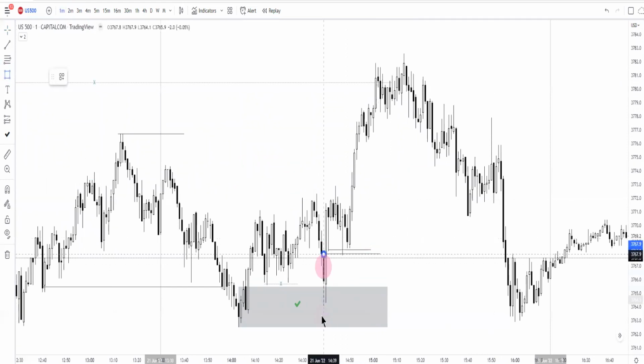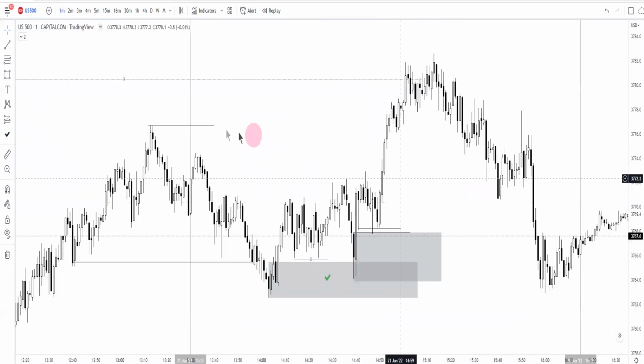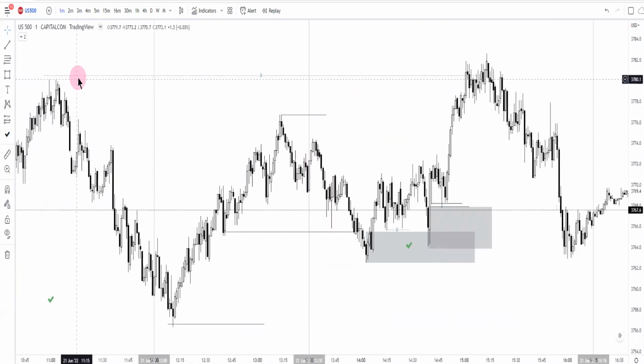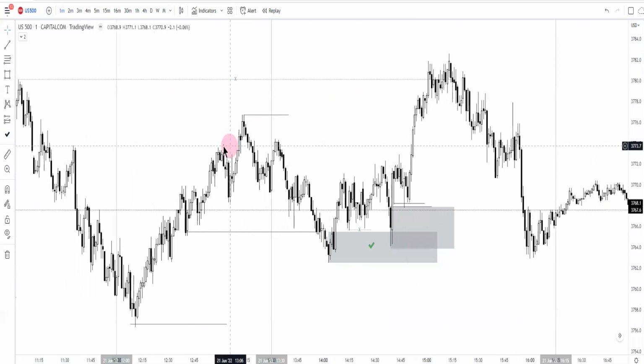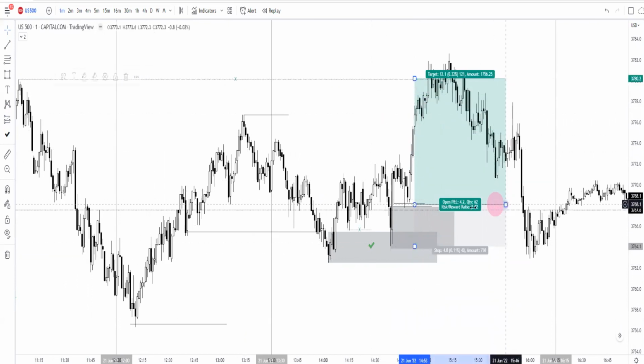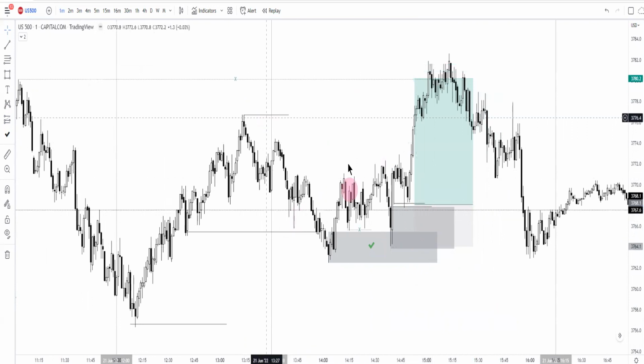So you have dual mitigation, you're following with price, right? And you understand that you again have what? You have that buy side liquidity above right here. So what you would do for the day, you would put your longs right there. You put your stop loss below this order block, and you're targeting the highs right there for a nice little 3-to-1. And that's again how you're looking at price and how you should be drawing price when you're understanding it,